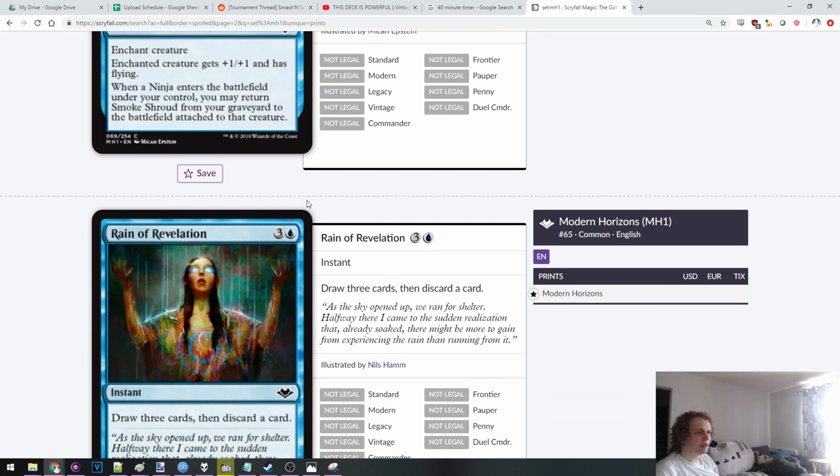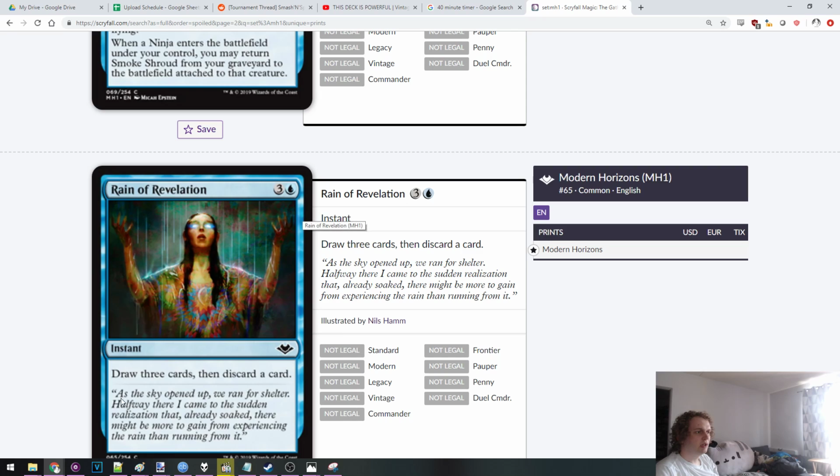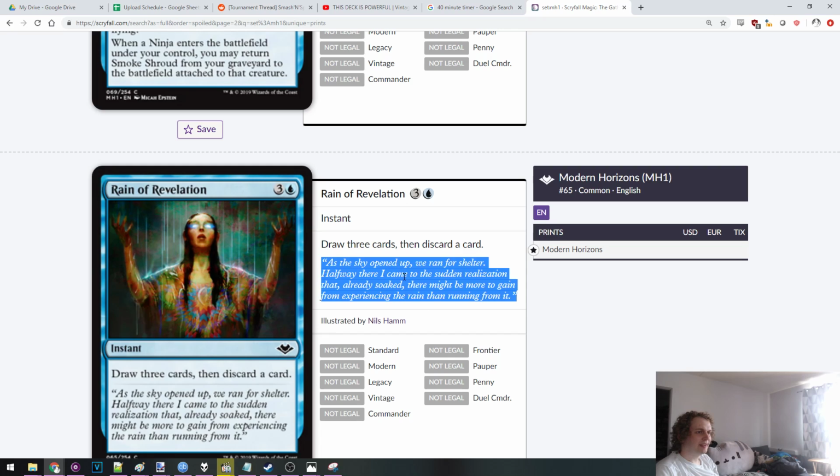Reign of Revelations, draw 3 cards and discard a card. I guess they've never done this before. It doesn't really seem that great. But sure. This is,